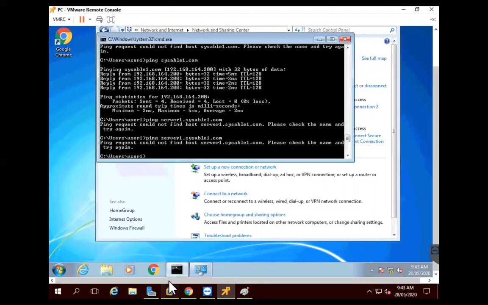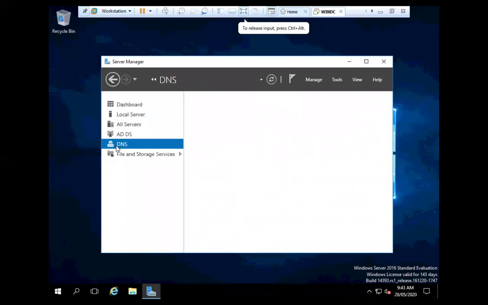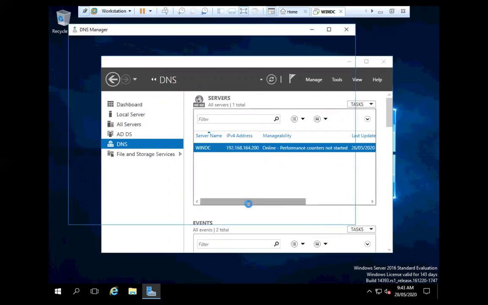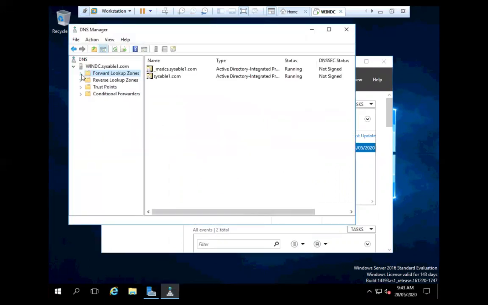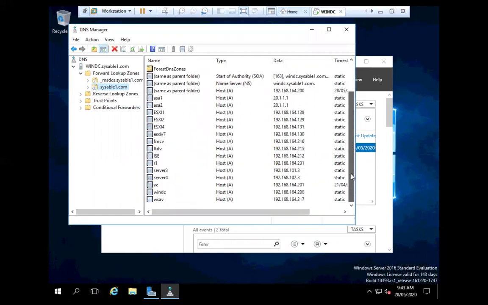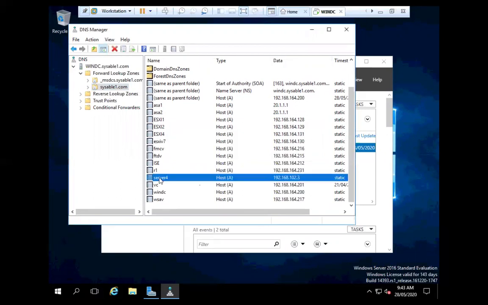So I just have to look into my DNS server, whether the records have been created or not. So I'll go on DNS server, right click on this one, configure DNS manager, and I will go ahead and click on forward, this one SysOcle, and I check for the records. Alright, so the IP addresses are like server 3 and server 4. So I will go ahead and delete this one, and I also will delete this one. So wrong records have been created.